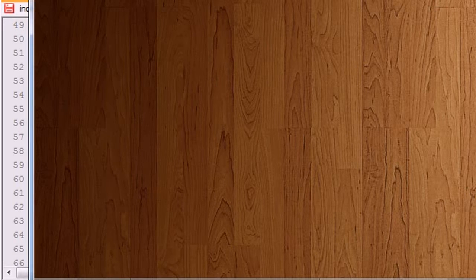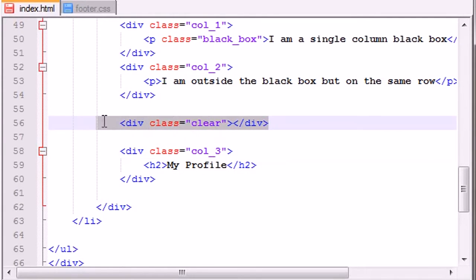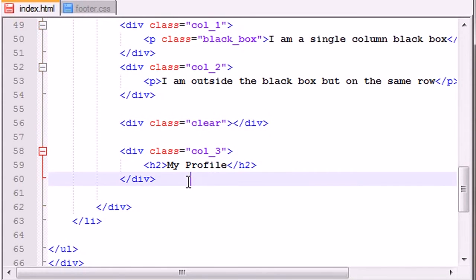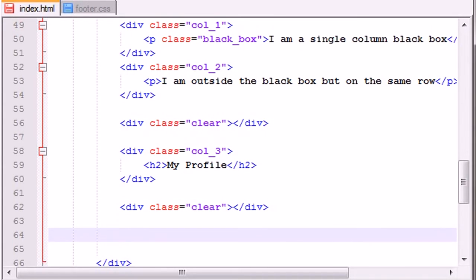And what did this heading say? My profile. Alright. So this would say my profile. And now let's go ahead and clear that. You guys are probably getting the hang of this by now. So clear that. And the last thing that we want to do is add another